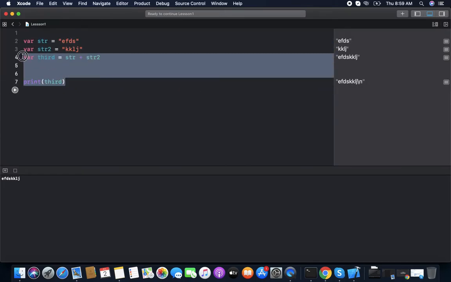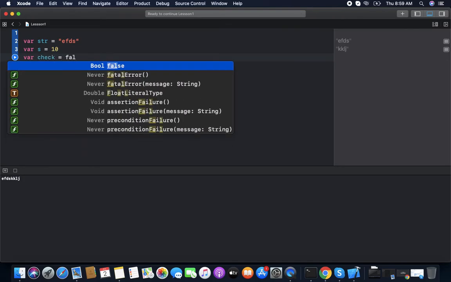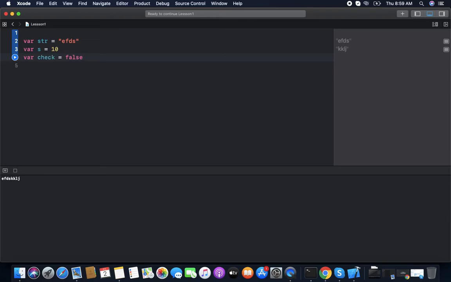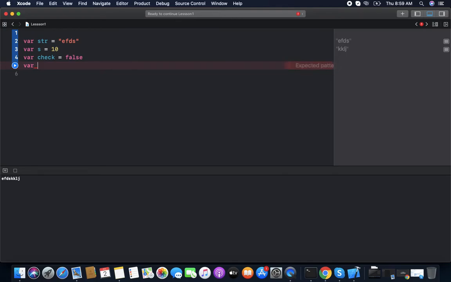For this, we have a str string, we have a variable a equal to 10 which is an integer, and we have a bool check equal to false. We want to interpolate, so we can make another string called test interpolation, and within double quotes we can use any variable using this.